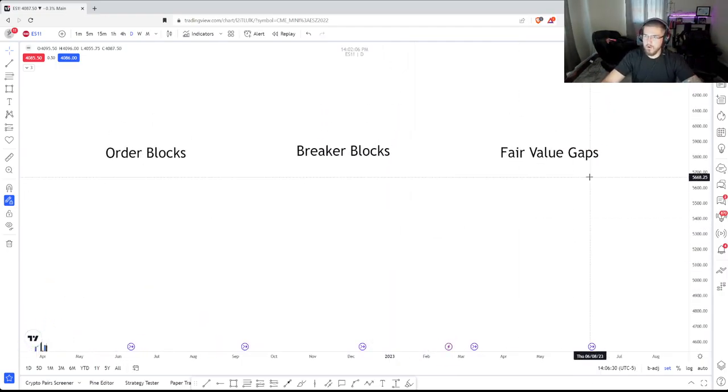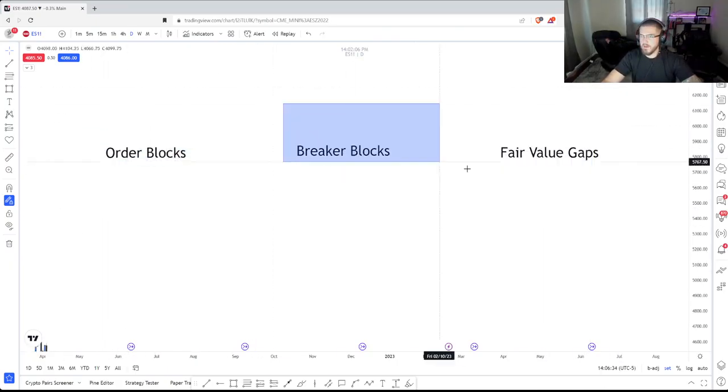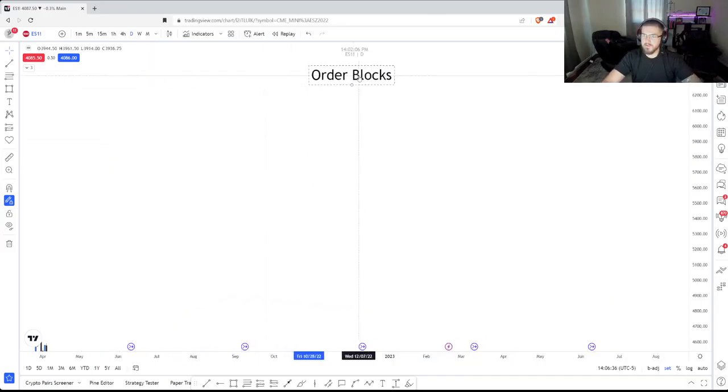So the first one we're going to go over is order blocks. Some of this you may already get, and that's fine if you do. But I'm sure that even if you do understand order blocks, you're going to be able to take something away from this. We had a class recently called Redefining the Order Block, where we talked about using different criteria for order blocks. So first off,